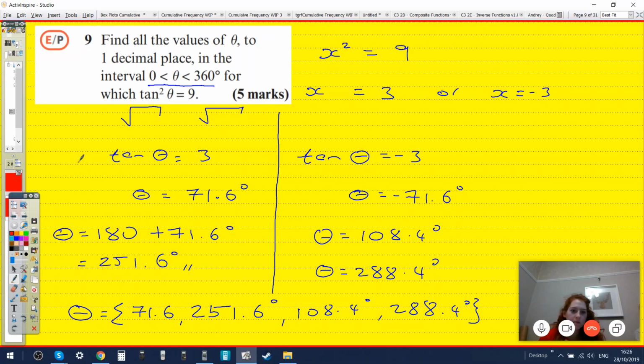Why did we get a total of 4 answers for this one? Because you can get the plus or minus 3 as the answer. That's it. And so in the second half of the year 1 trig, you see more squared stuff. And so just watch out for that double